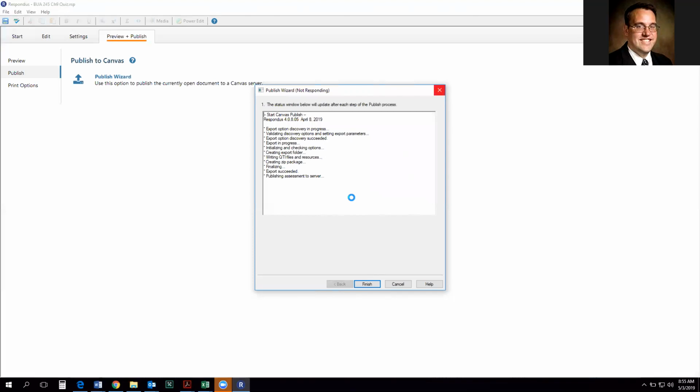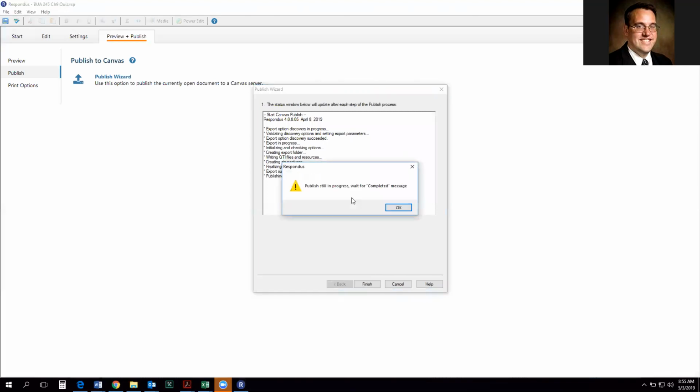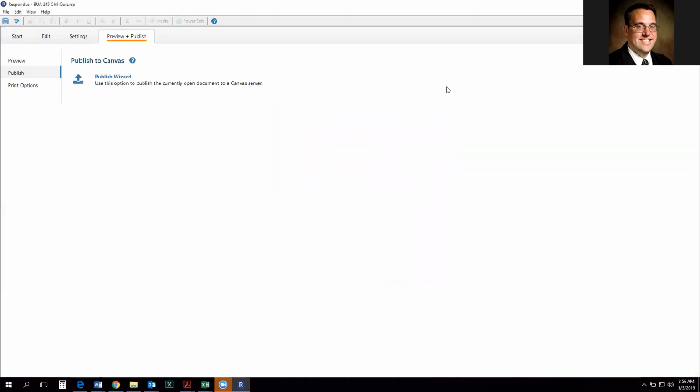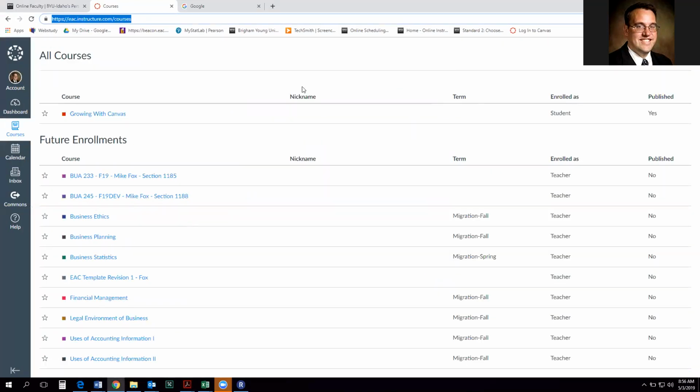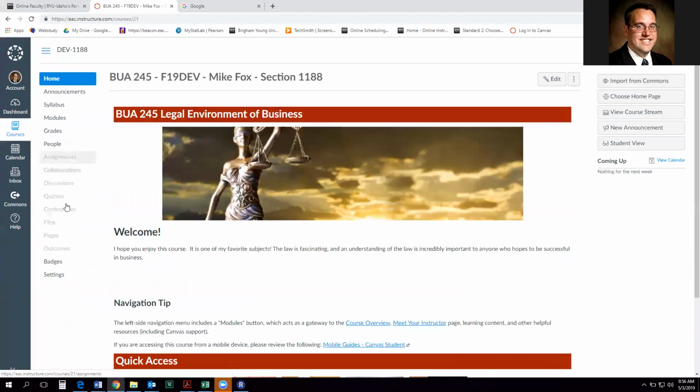And it takes a few seconds. In this case, it's telling me it's still working on it. Now it says it's successfully published, so I can hit finish. And so now I can go into Canvas, and I can go to the course, which was my development course here. And if I go to quizzes,